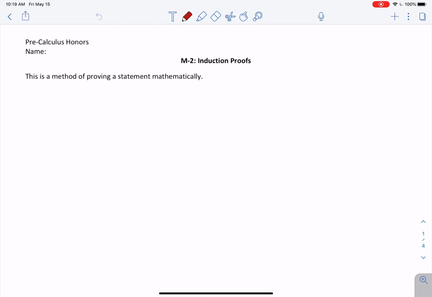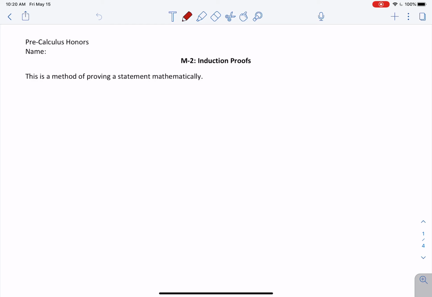Like in a sequence, if I tell you I have a sequence of numbers that's 2, 5, 8, and I ask you what number comes next, well, from 2 to 5, I had to add 3, from 5 to 8, I had to add 3, so next would be 11. That's using an inductive reasoning process. You're looking at a pattern and building up that pattern to think about what comes next. So we're going to use that sort of thinking to prove statements that would otherwise be really hard to prove. So let's think about